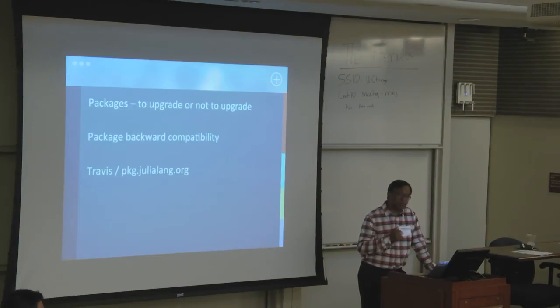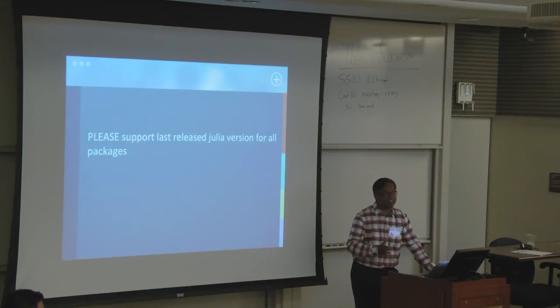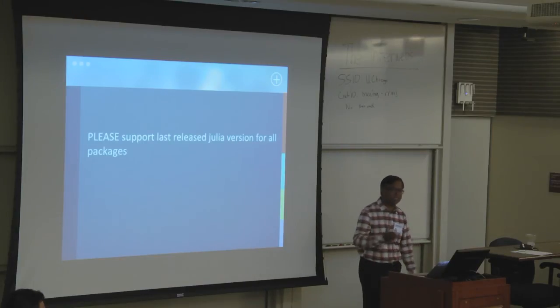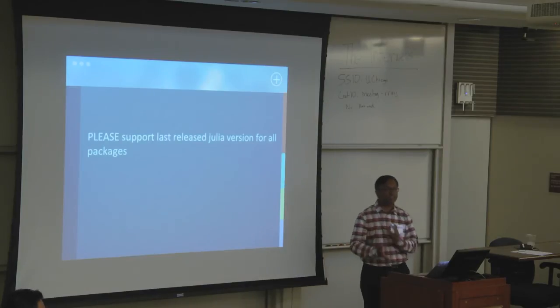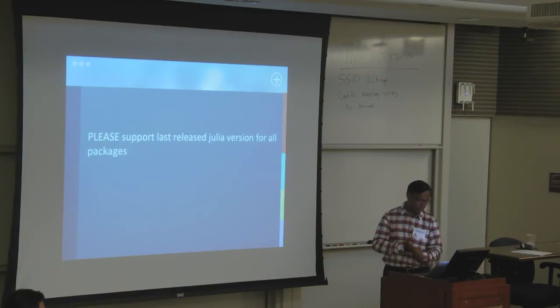My message for all package developers here is please keep compatibility with the last release version. 0.2 at this point is water under the bridge. I don't think we are getting back there very soon. But once 0.3 comes out, I would hope that all packages support 0.3 for much longer than packages supported 0.2. So in the 0.4 cycle, it would be really nice if all packages supported 0.3 for the foreseeable future. So if there's one message that I want to give all package developers out here,